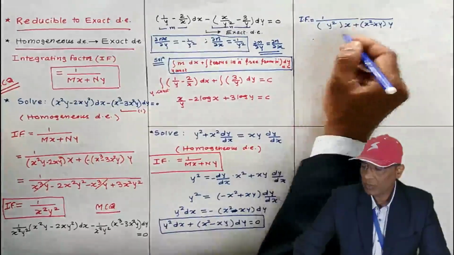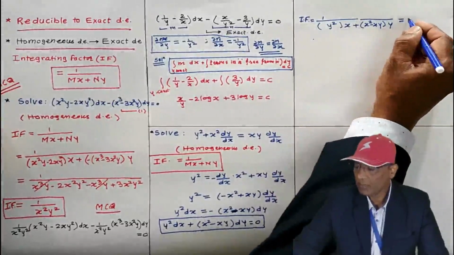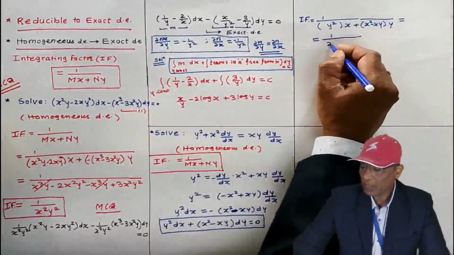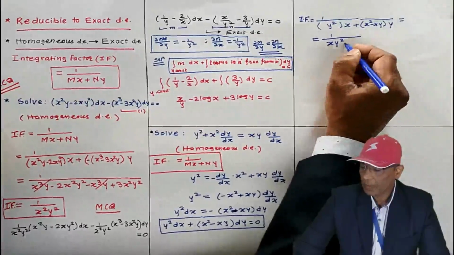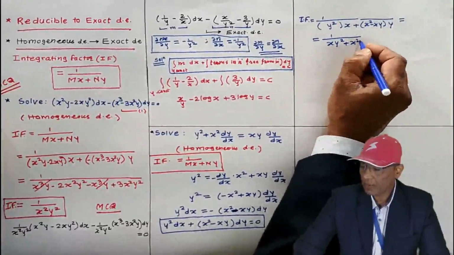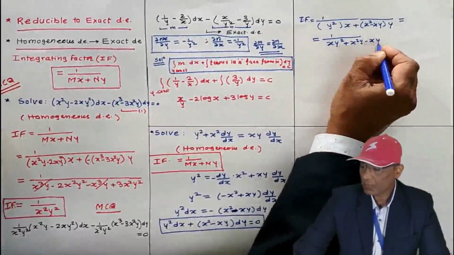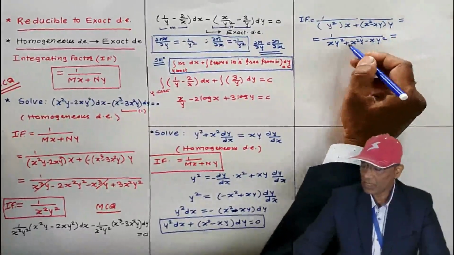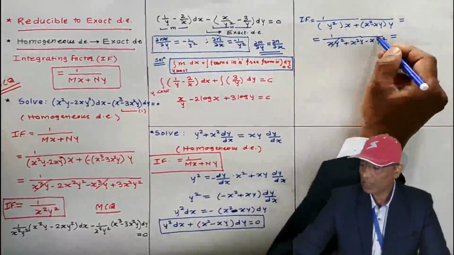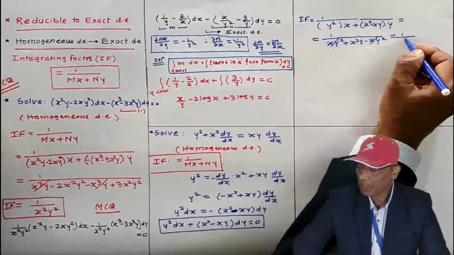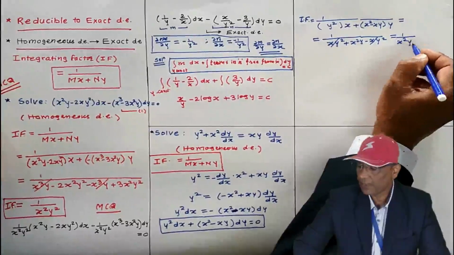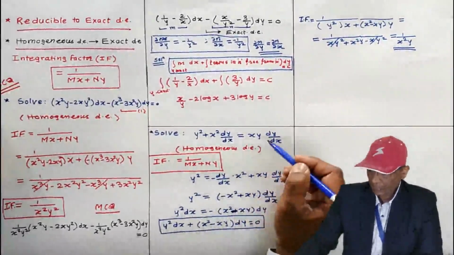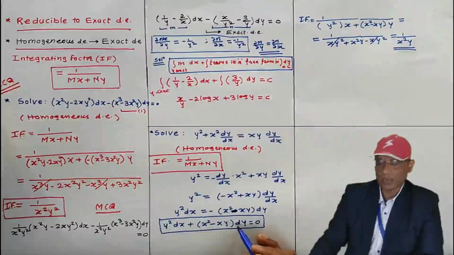Now, let's try to simplify it. If you simplify it, what will happen? Here I am writing 1 by xy square multiplied by y, x square y minus xy square. And if there is some cancellation, you can go for cancellation. Xy square will disappear and x square y is removed. Now this is the integrating factor for this differential equation or this differential equation.